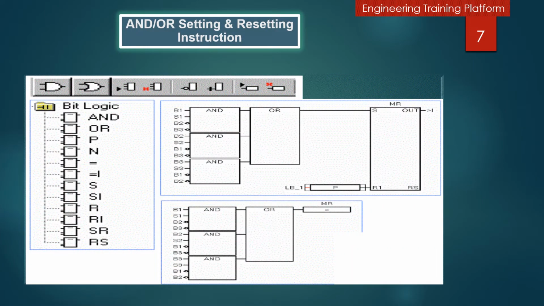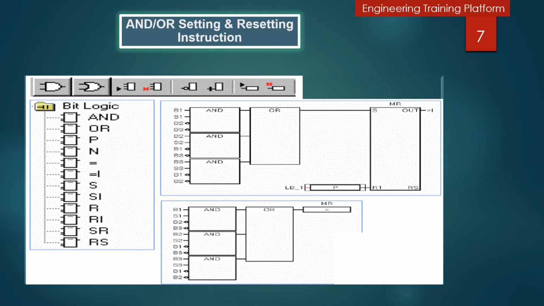In my previous presentation, I already discussed in detail regarding the gates. Here I want to just give a small brief regarding the AND gates and OR gates instruction. In OR gates, if you have two inputs and both inputs are 0 0, then the output will be 0. If input 1 is 1 and input 2 is 0, then the result will be 1. It means it will be on. This is the condition in the OR gate.